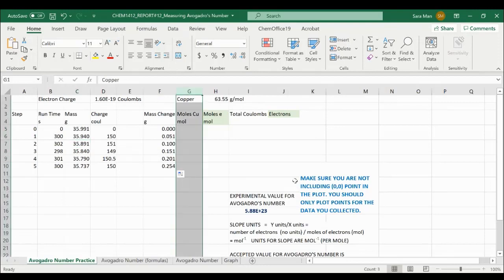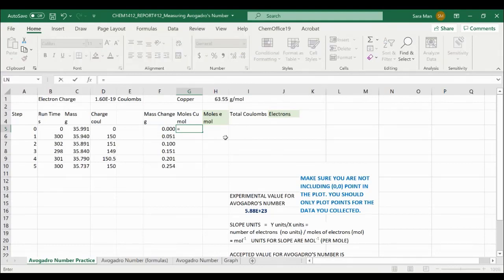To complete the column G, how are we doing the column G, the moles of copper? We know the mass change, but we want to know it in the moles. So we just need to divide the mass change in column F by the atomic mass of copper that is given. We have many options. You can just write the number, or you can do again the same thing,